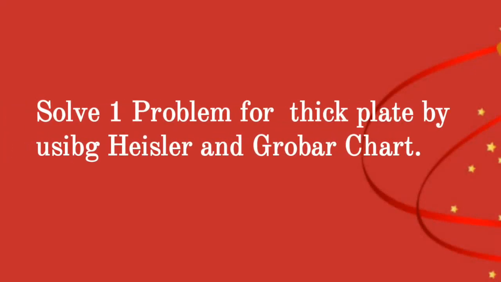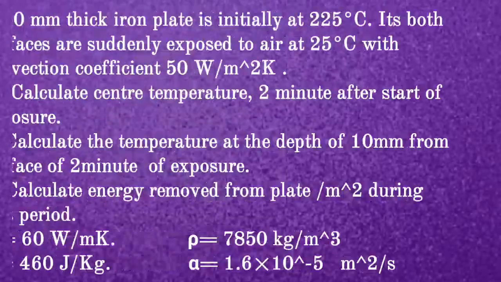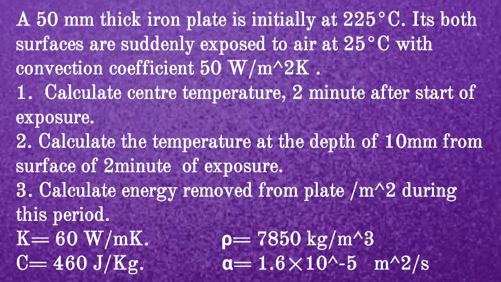Solve one problem for thick plate by using Heisler and Grober chart. We will read the given question. A 50 mm thick iron plate is initially at 225 degrees Celsius. Its both surfaces are suddenly exposed to air at 25 degrees Celsius with convection coefficient 50 watt per meter square